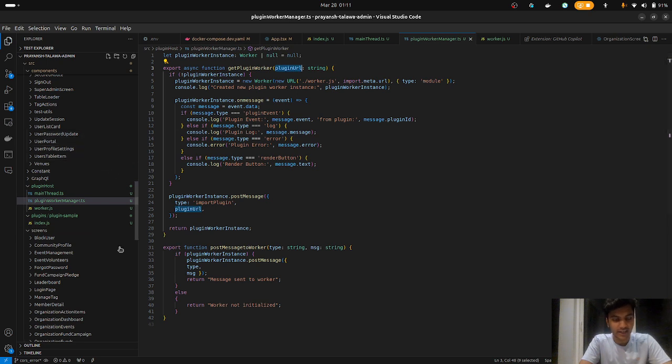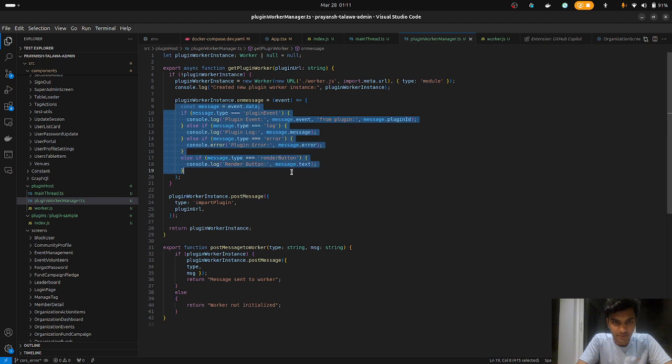It is inside our file system right now, but in the future we will want it to come from a plugin store. That would be more optimal, and that is the end goal. For the sample, we have done this, and we have multiple message types here. Message types: plugin event, message event from plugin. If you look at this, we have one called message event render button. What does it do? It renders a button, and the placeholder for the name of the button is